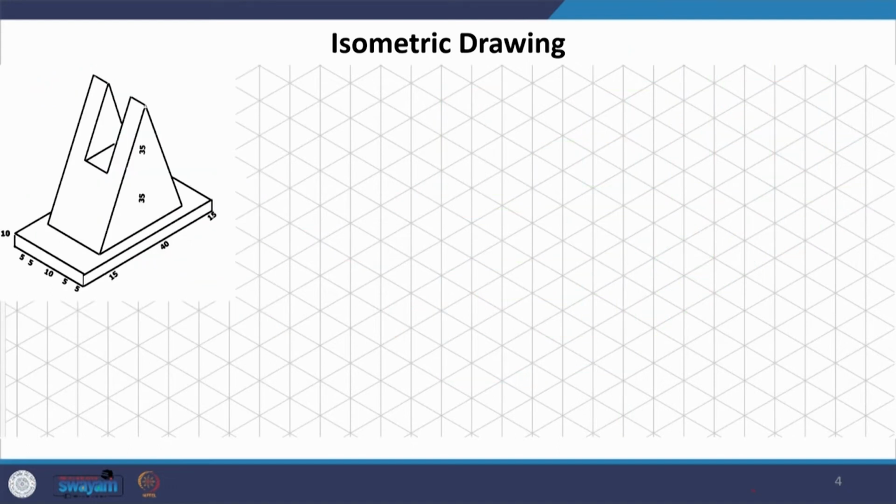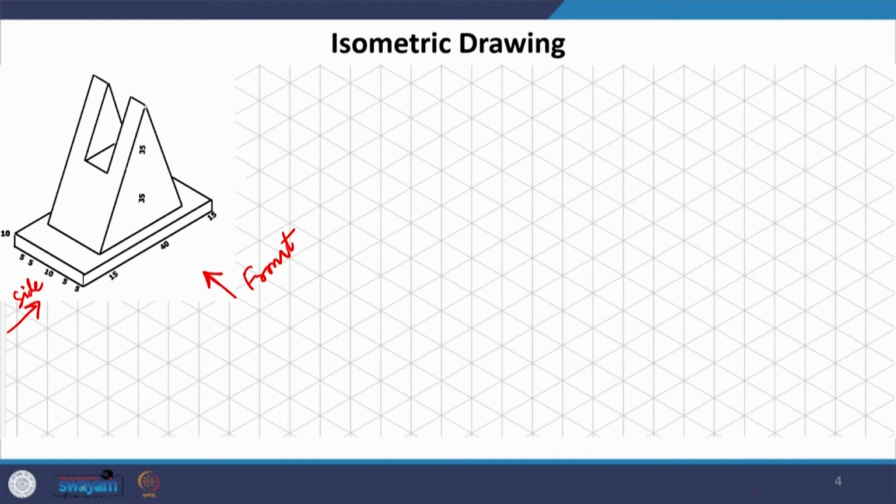This is a very simple object, I will leave it to you. You will have to draw assuming that this is the front where we are going to be looking at this, and this is how the side elevation is going to be looked at. So, it is a very simple drawing, very simple object,